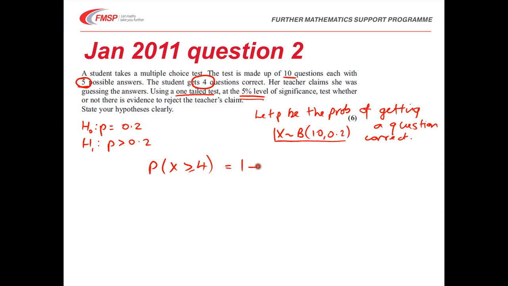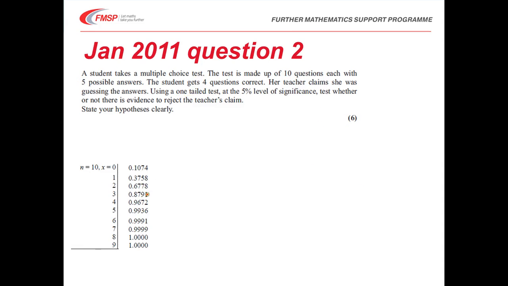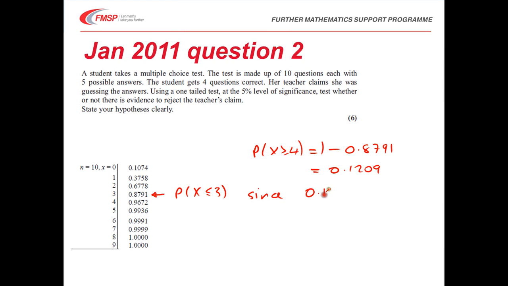Firstly, let's turn this around so we can use it. So it's the probability of X being less than or equal to 3. So here's my table. So the probability of X being less than or equal to 3 is 0.8791. So therefore the probability of X being greater than or equal to 4 is going to be 1 minus that 0.8791, which gives me an answer of 0.1209, which is greater than your significance level. Okay, so since 0.1209 is greater than your significance level, we have insufficient evidence